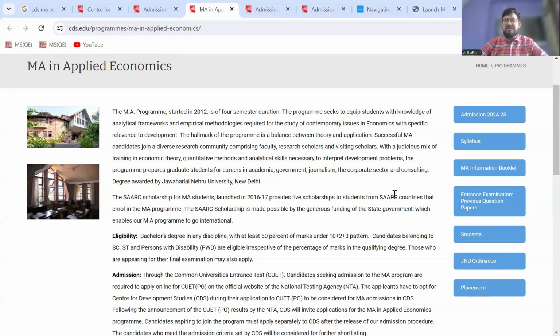So when you look at the details, in particular why CDS is famous and what exactly the course of Masters in Applied Economics offered at CDS is, right? Overall, if you look at the program, the MA program at CDS started in the year 2012. Okay. And one of the important highlights of the course is that one of the major attractions is that the degree is awarded by JNU New Delhi, which is a